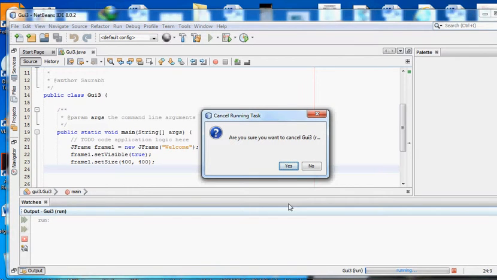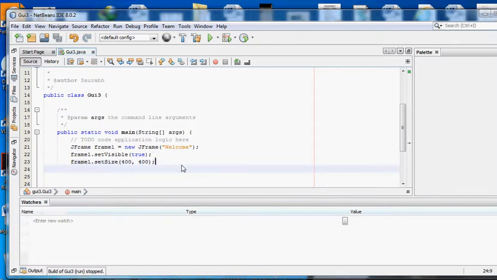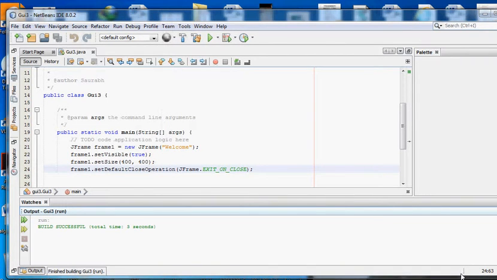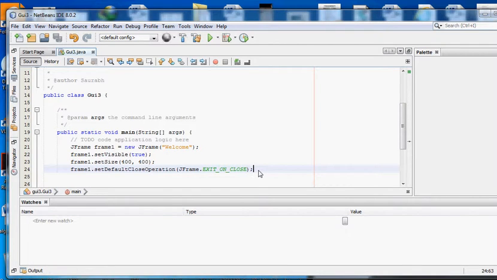For this reason, what I did in the earlier lecture was that I added this particular line, which I'm going to add again, and I'm going to save. This is what I told you in the third lecture of GUI. So now when I close this window, it is going to close, and with exit on close, the project will exit. So all these problems were already discussed, but now as I have to move a step ahead,